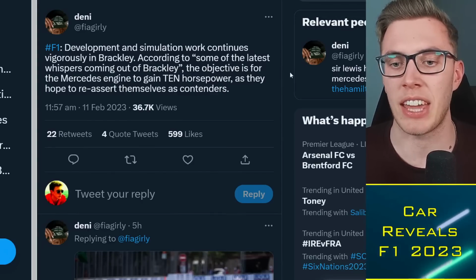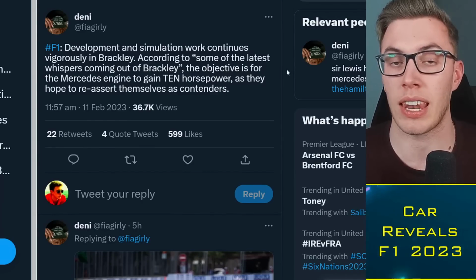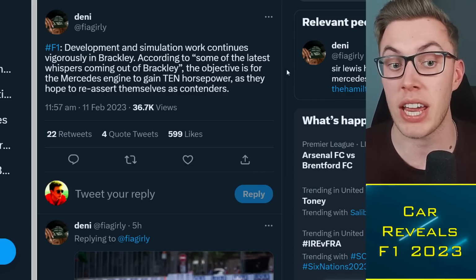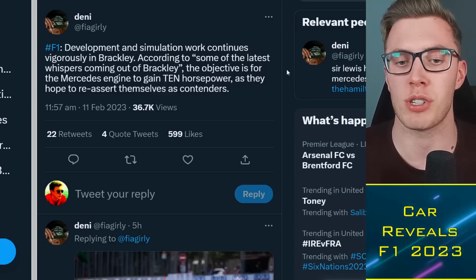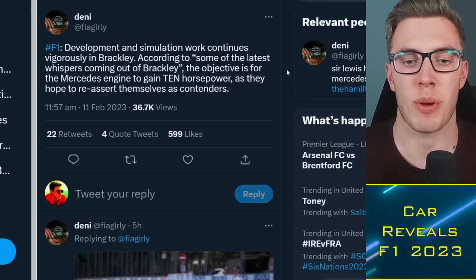What do you guys think about the engine side of the equation? So according to some of the latest whispers coming out of Brackley, the objective is for the engine to gain 10 horsepower or in the double digits, as they hope to reassert themselves as contenders. So engine power obviously